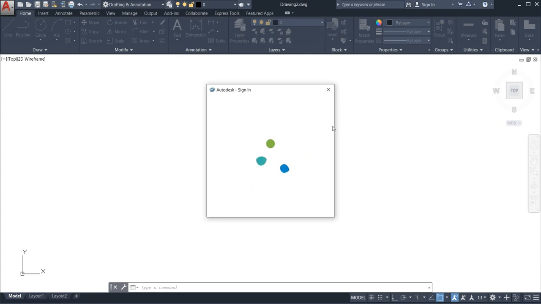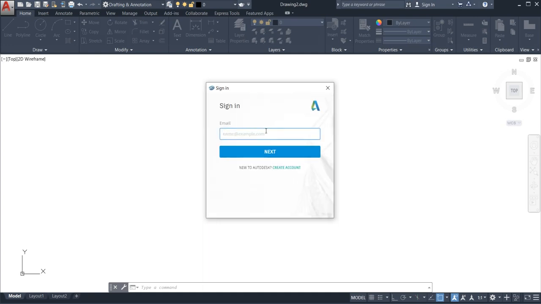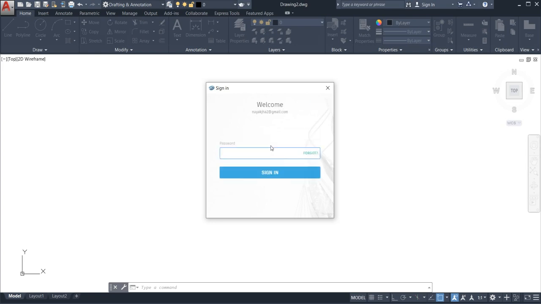Now see what Gmail you have kept for creating your account. I have kept Nayak Jha 2 at gmail.com, right? Go for next. It's verifying.